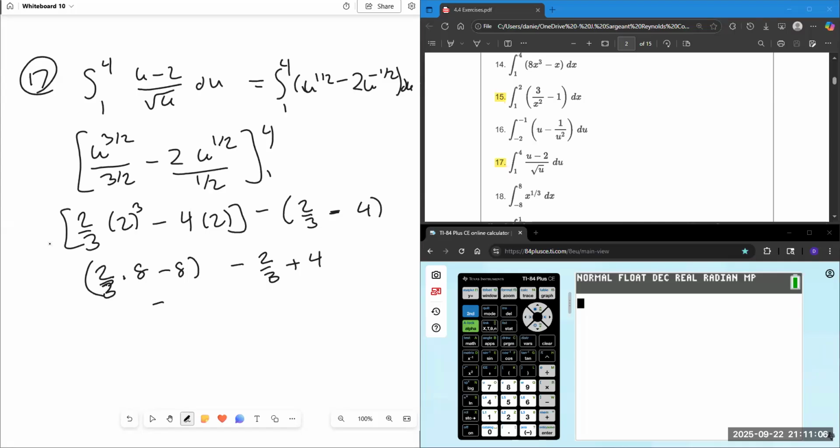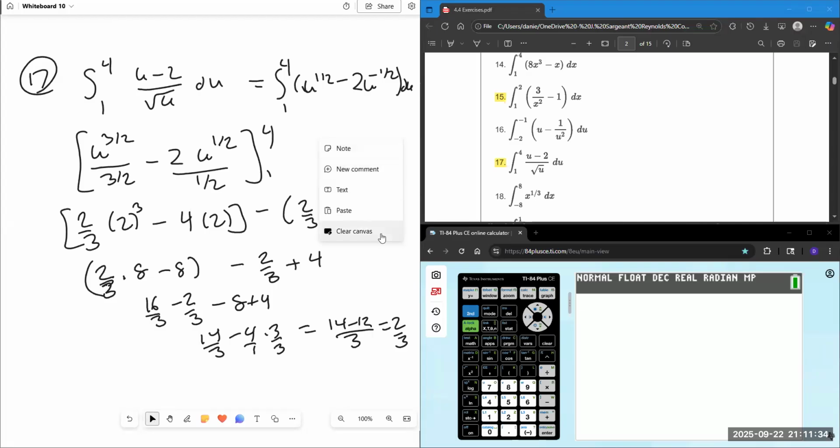So this is 16/3 minus 2/3 minus 8 plus 4. 14/3 minus 4 over 1 times 3 over 3 is 14 minus 12 over 3, which is 2/3. That's correct. Let's move on to